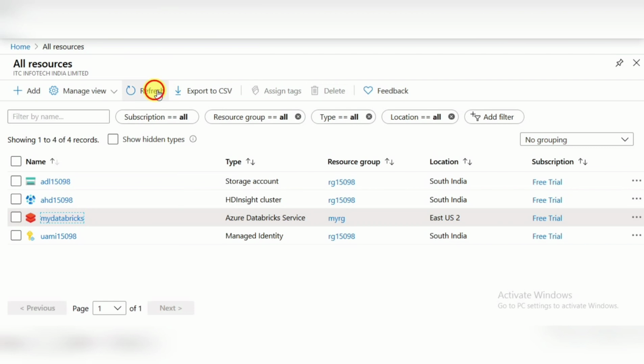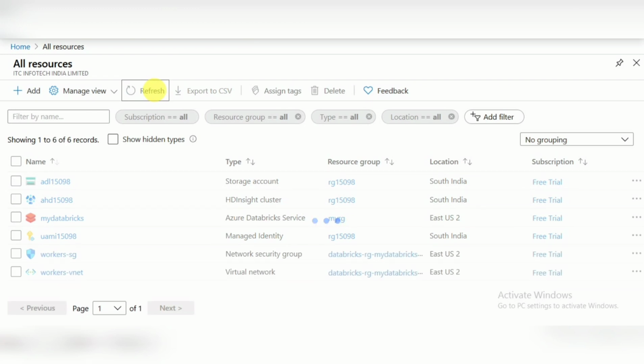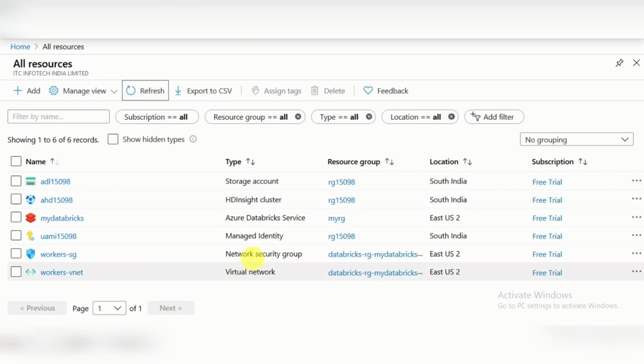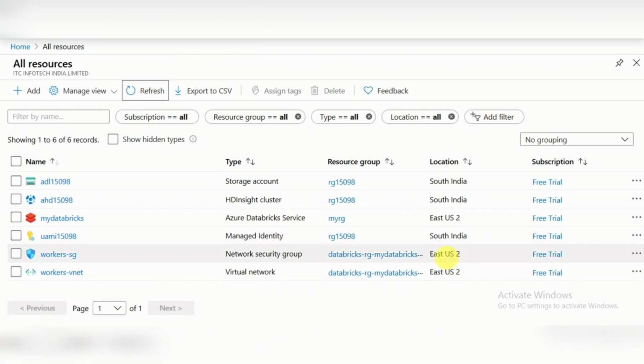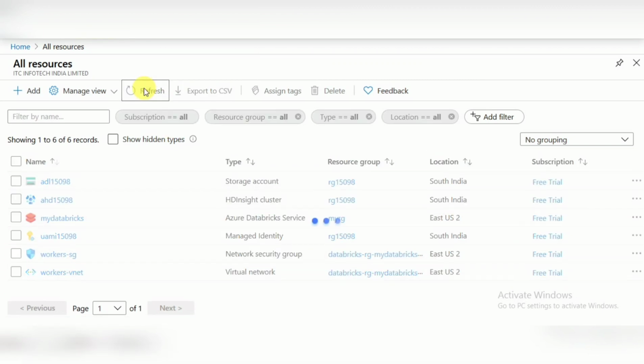You can go to resources and refresh. Yes, see here, the network security group is created, and the virtual network is created for your Databricks. Here you can see the location, which we selected, East US 2. Few more resources still need to be created.